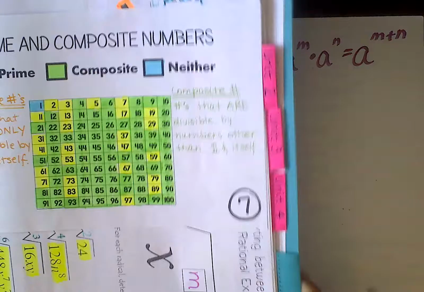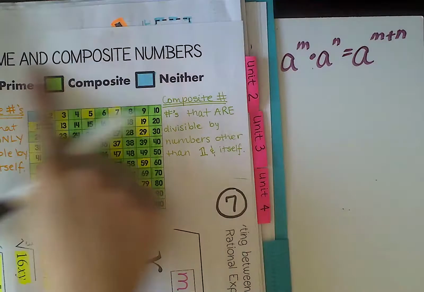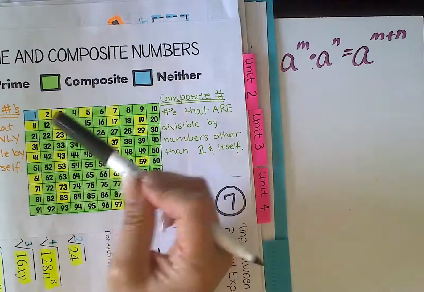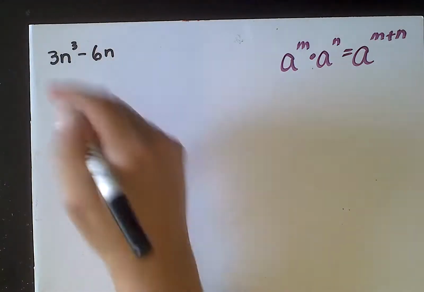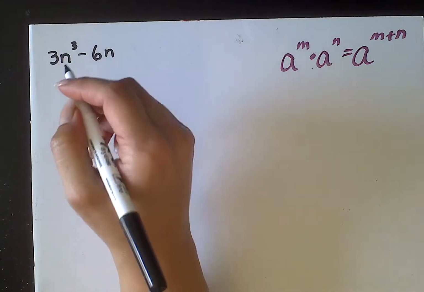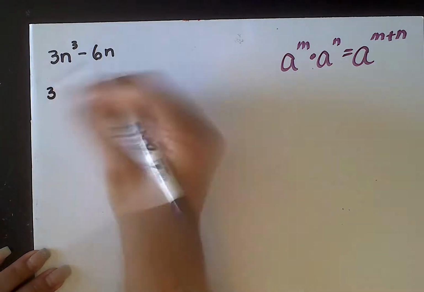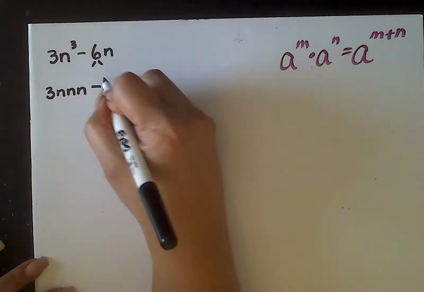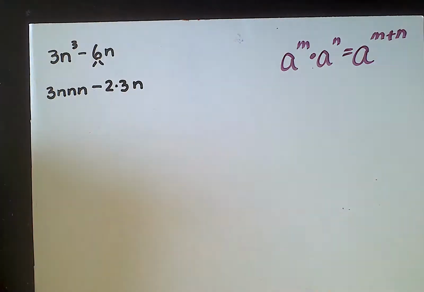But if you do have it with you, you might want to flip over to page 7 where you have prime and composite numbers. This really helps you out. We're looking for all of the yellow numbers to break down our composites into. Now, 3 is a prime number, so let's bring it on down. But n cubed, that means I can break it down. I could break that down into 2 times 3 and then n.